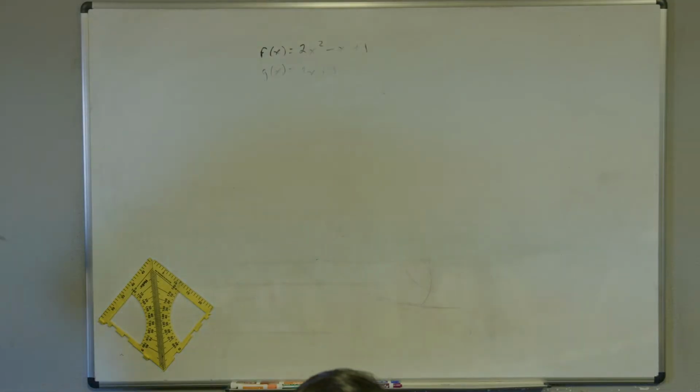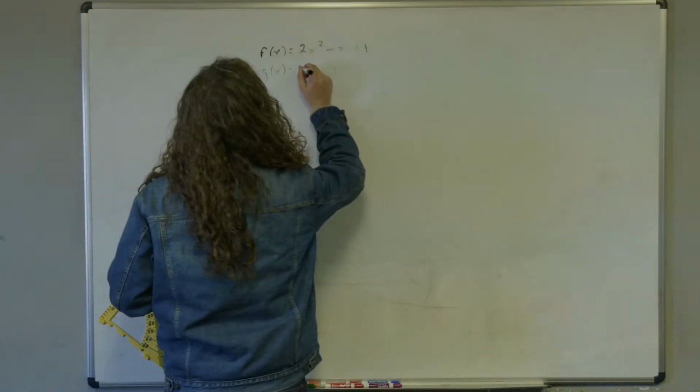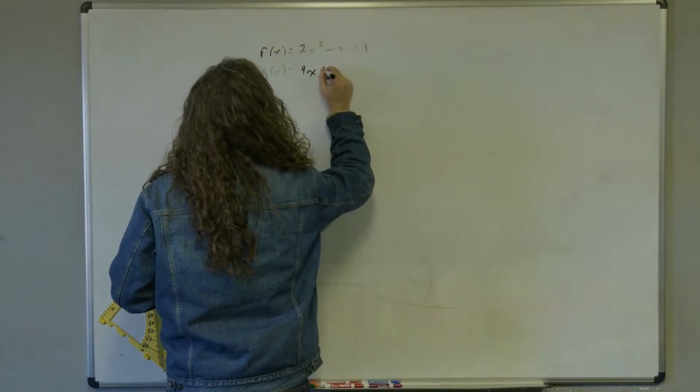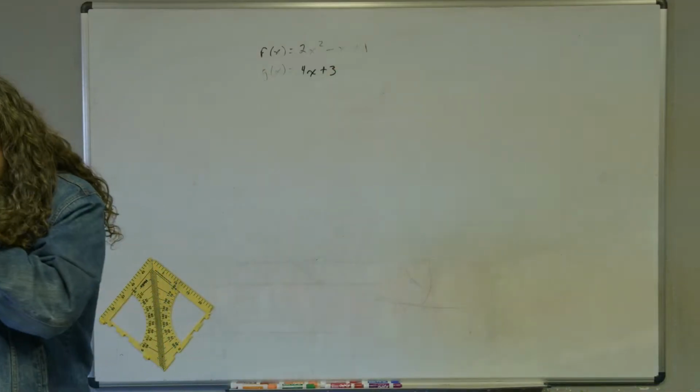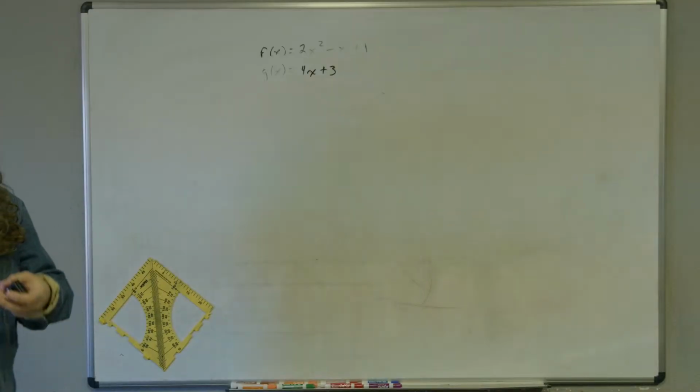Okay, that says 4x plus 3 for the g of x. All right, so for 32, we are expected to find f of g of x and